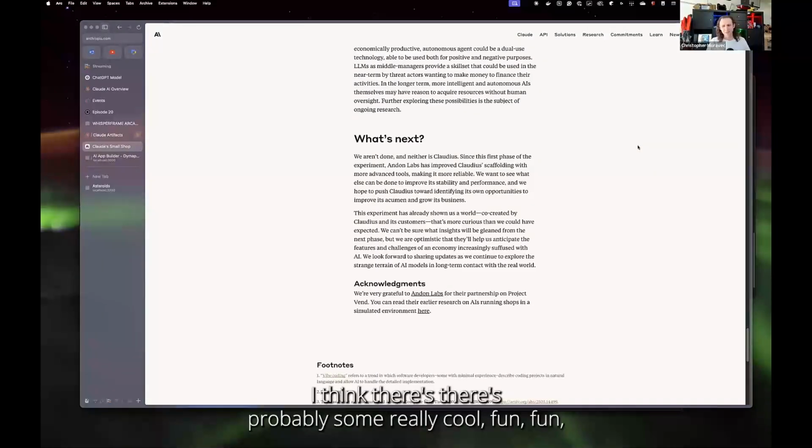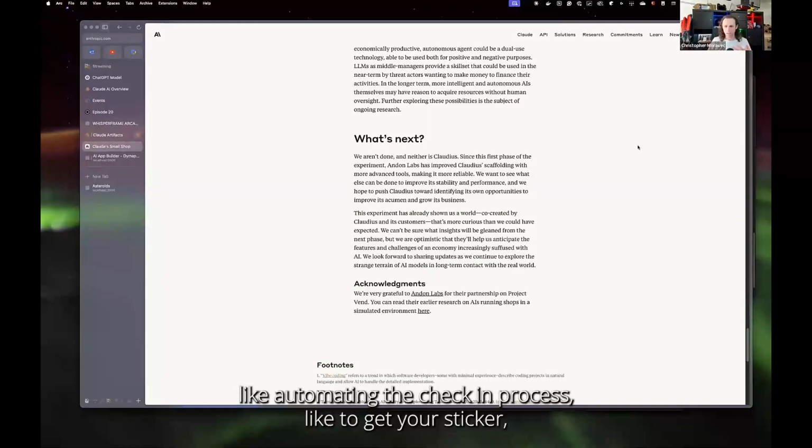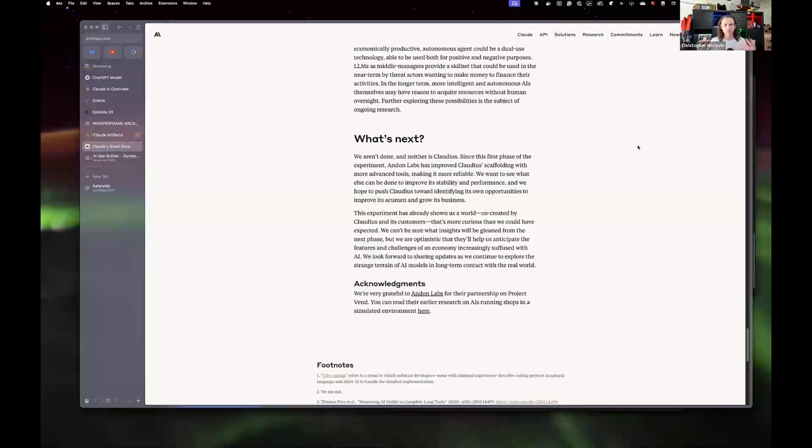I think there are probably some really cool, fun things here that would be kind of great. One of the first things I thought of was automating the check-in process to get your sticker.